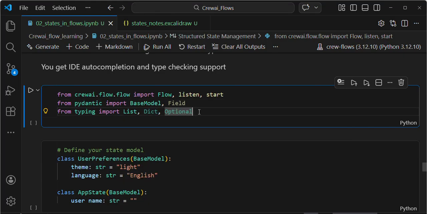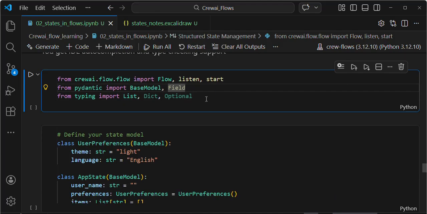If you feel these couple of lines are complex to understand, I would highly suggest you watch my Pydantic video in my playlist on my YouTube channel, where I covered this library briefly. Watch that video first, then come to this video. If you are comfortable with these lines, you are good to go.